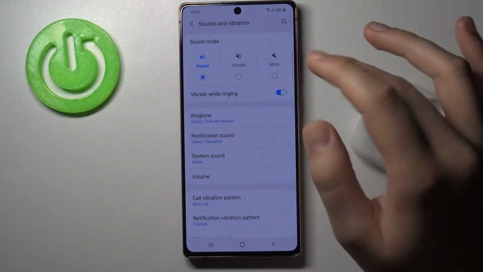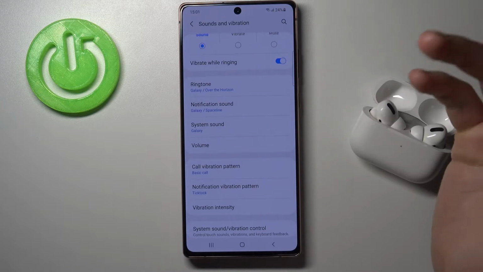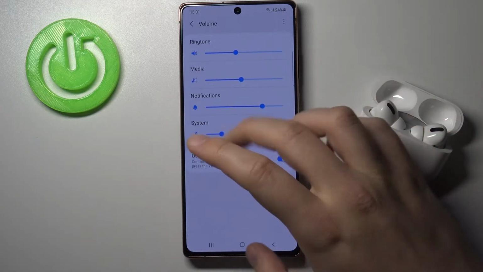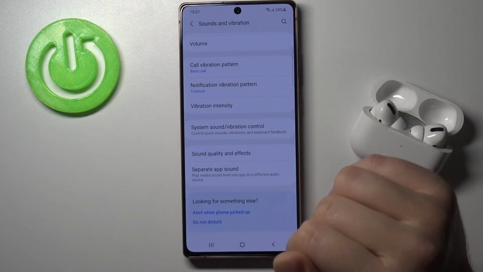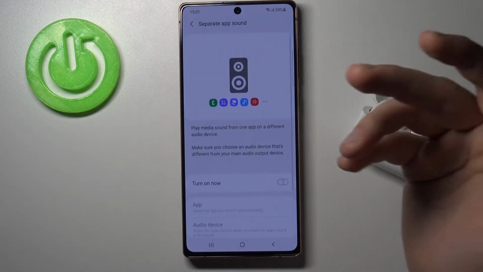We can also enable or disable vibrate while ringing. We can change our ringtone, notification and system sound. The same for the volume. And also we got here a couple of the other things like do not disturb mode. We can check the separate app sound